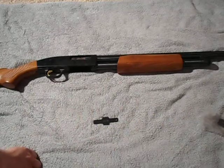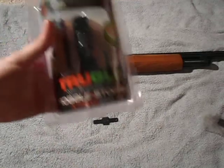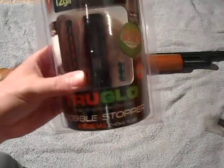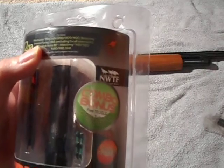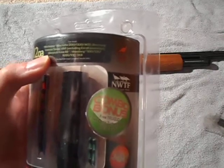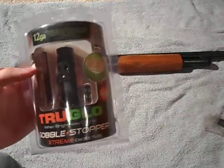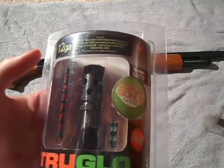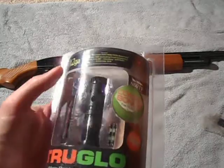Now let me just grab the choke that I bought for this. I bought this True Glow Gobbler Stopper choke, and it works for Winchester 1200, 1300, 1400, Browning, H&R, Maverick 88, and Mossberg 500, 535. All the Mossberg guns, and it's a turkey choke, and it sticks out about 1.5 inches, maybe 2 inches from the barrel. I'll do a separate video on this, and it also has